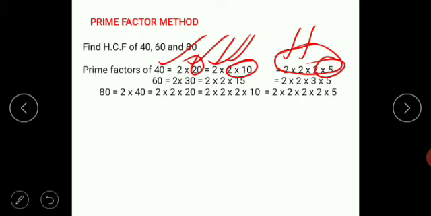Now 15 is not a prime factor. 2 into 2 are prime factors, so we will write 2 into 2 as it is. But 15 we have to split. 15, how will you split? 3 5s are...